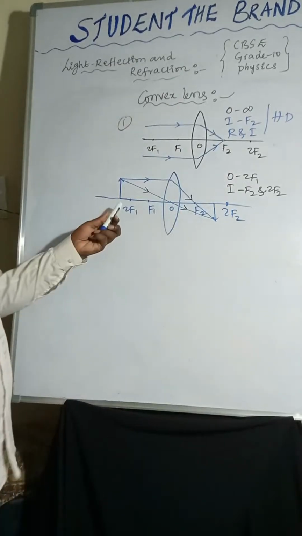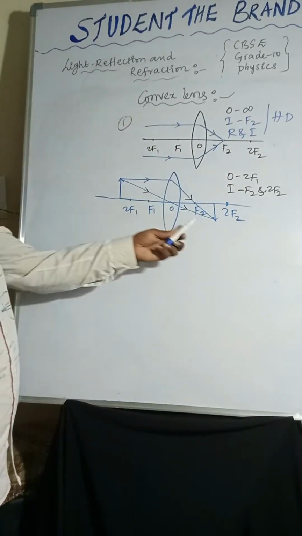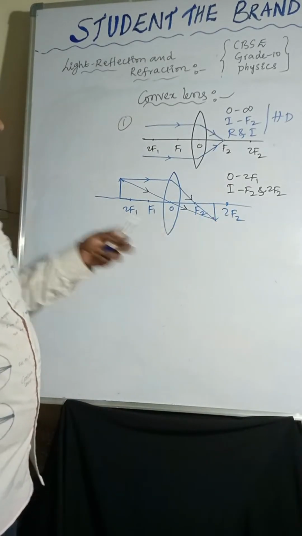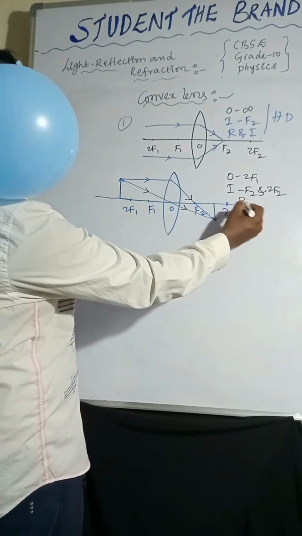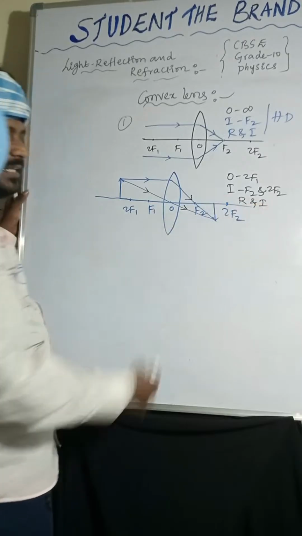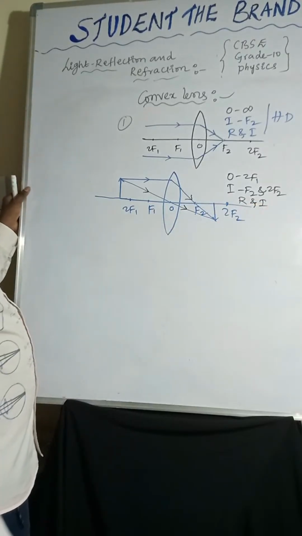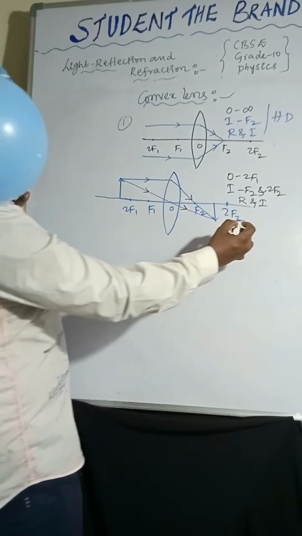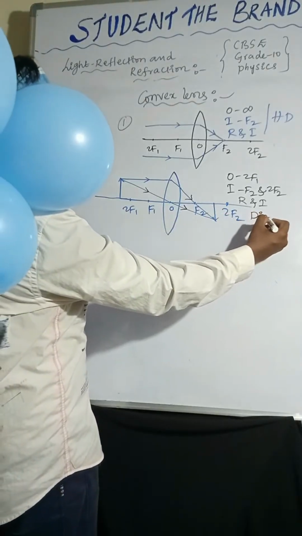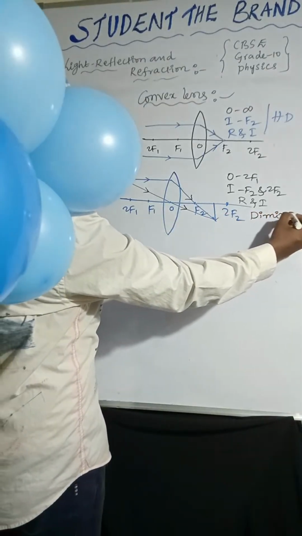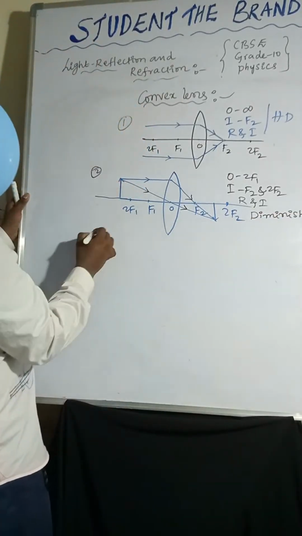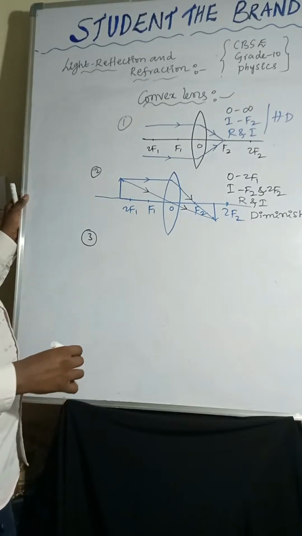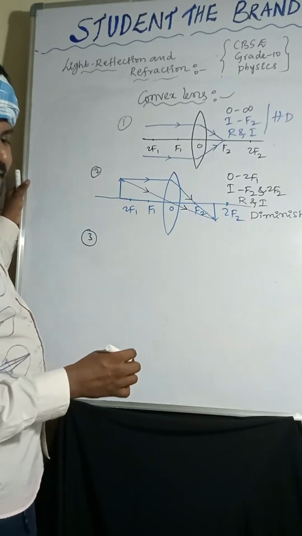So object is placed beyond center of curvature. Image will form between F2 and 2F2. Nature of the image is real and inverted. Size of the image is diminished. Okay, so this is the second one. Coming to third one. Object is placed